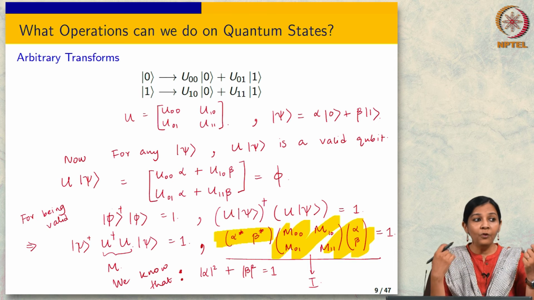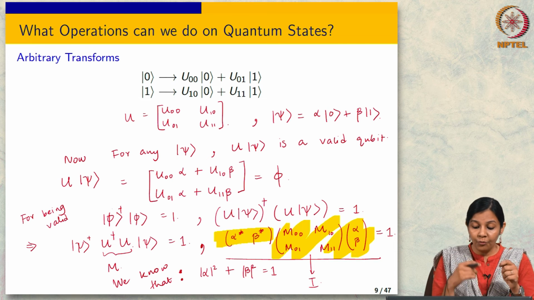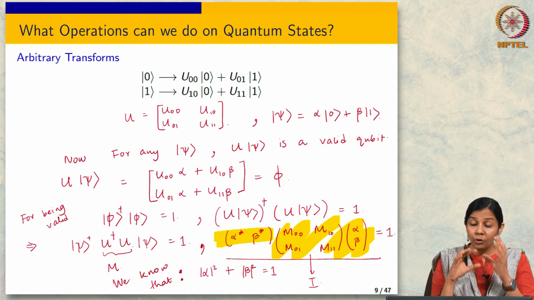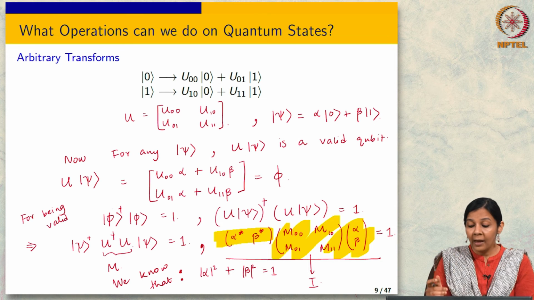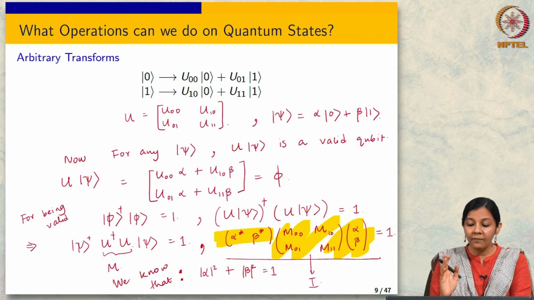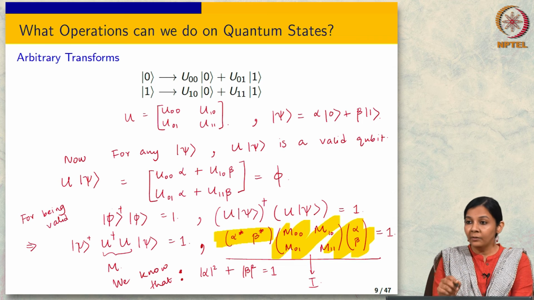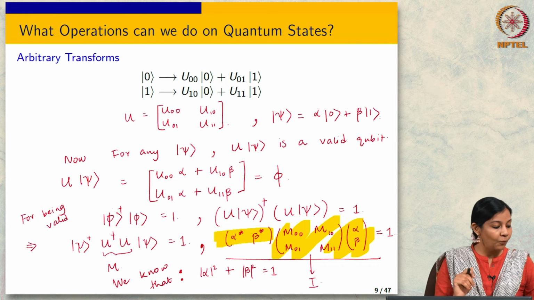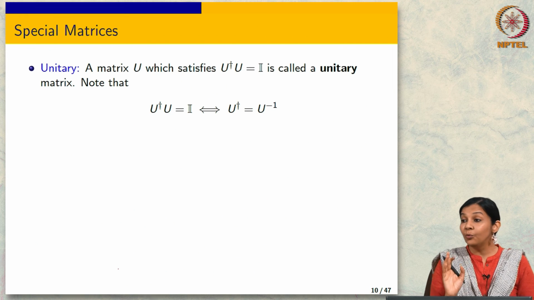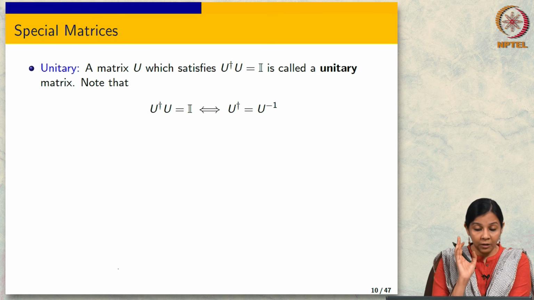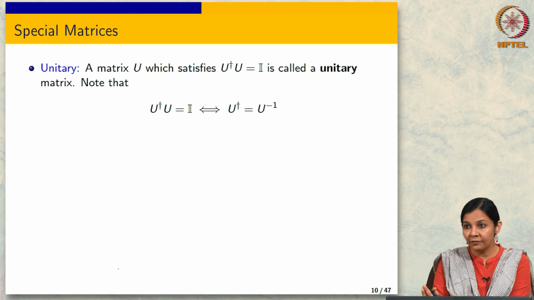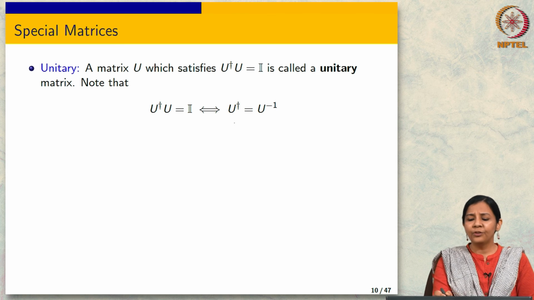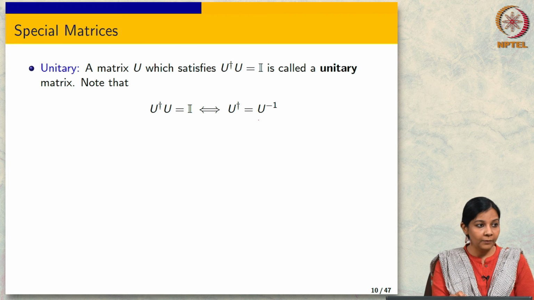By the way, you can also flip it around. You can also impose the same constraint on u dagger, you can check this yourselves, and this means that the condition I have ended up with is that u dagger u is equal to u u dagger is equal to I. This is the condition that I ended up with, and this is exactly the definition of a unitary matrix. A unitary matrix is a matrix which satisfies exactly the condition that we derived. This if and only if is pretty simple, right. So this will only happen if u dagger is equal to u inverse.